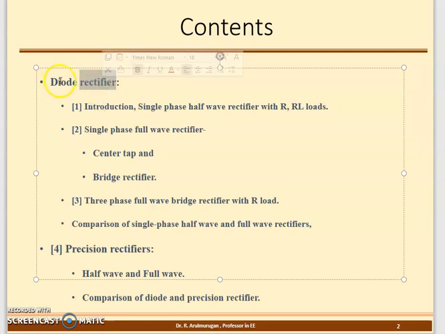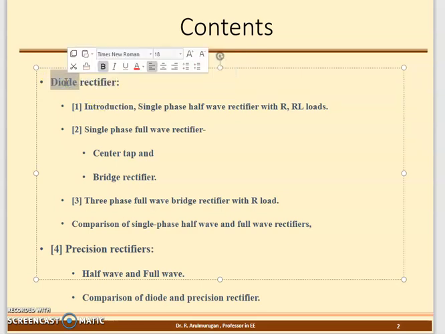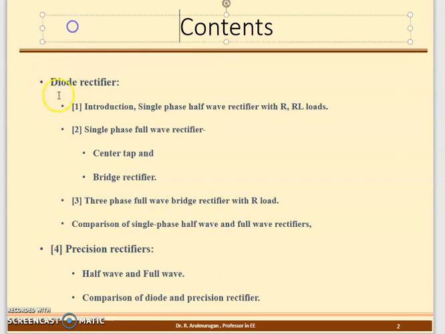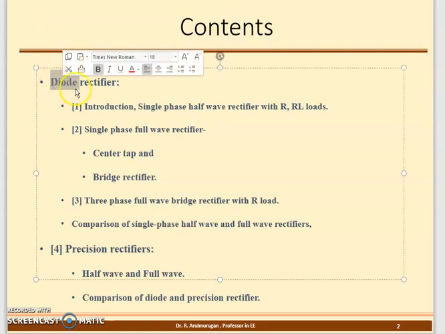Then next, the rectifier is a power semiconductor device. A power semiconductor device is an on-off switch. So what device do you use? Either you use an uncontrolled device. An uncontrolled device is called a diode: uncontrolled on, uncontrolled off. I explained that one for easy understanding. I gave the example for the diode, and then the controlled device is the SCR. So the diode and SCR both can be used for rectifier operation.